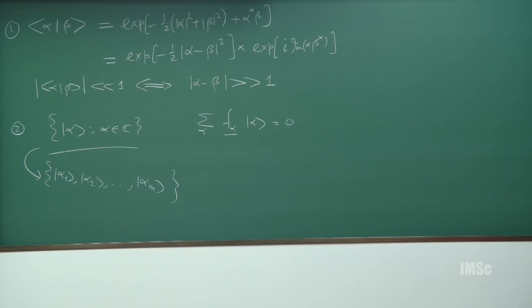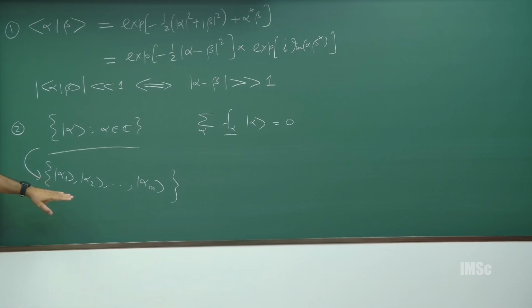So, what is the complete basis in this case? For example, for the harmonic oscillator, we know the complete basis 0, 1, 2, 3, 4, 5, 6. This is also a complete basis, but the only thing is this is not an orthonormal basis. We don't know the complete basis here. I'll do that. So, for the time being, this is what we have.